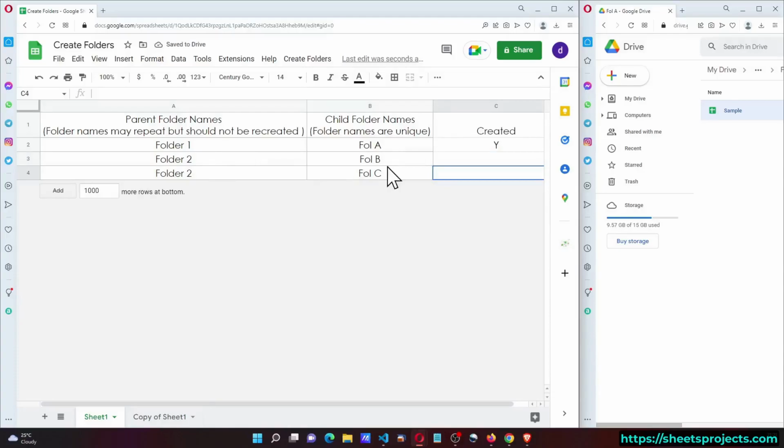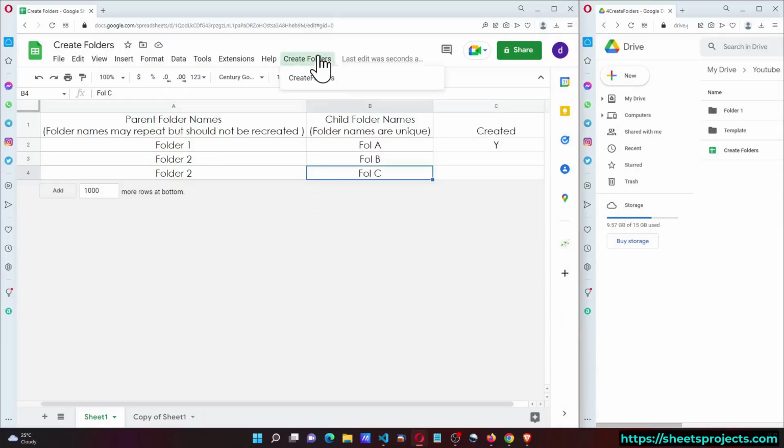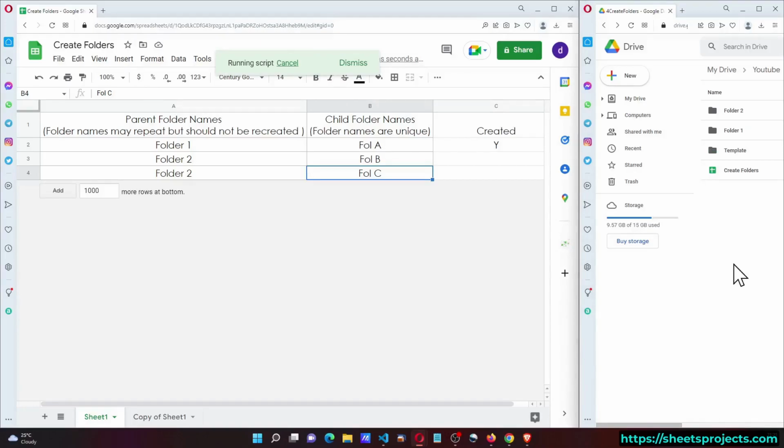And this time in the folder 2, two folders should get created. So let us try that. As we can see here, the process is running, but folder 2 is already created, and inside that folder B and C are there, and inside them the sample file is copied. So